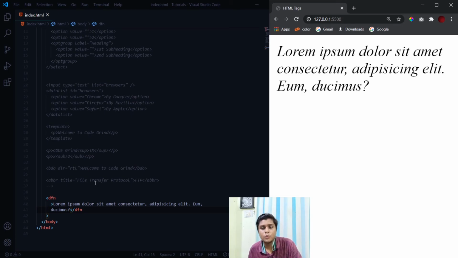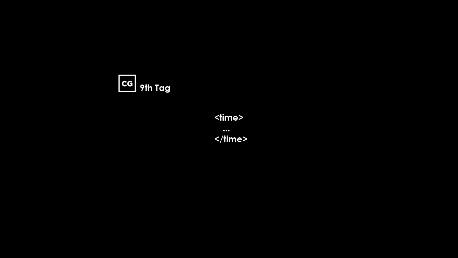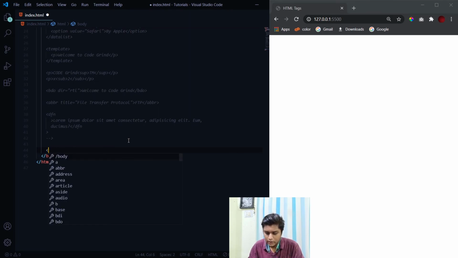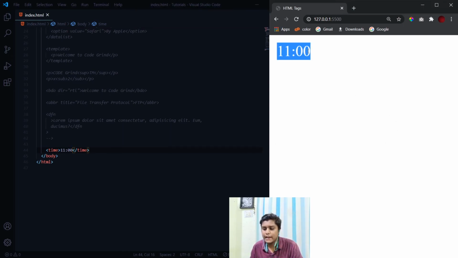Now let's move on to our third tag for SEO purposes. The time tag, as the name suggests, is for specifying time. I use the time tag, and whatever time I write inside it will be displayed as normal text, but it will be very clear to the browser that this is a time period for something.